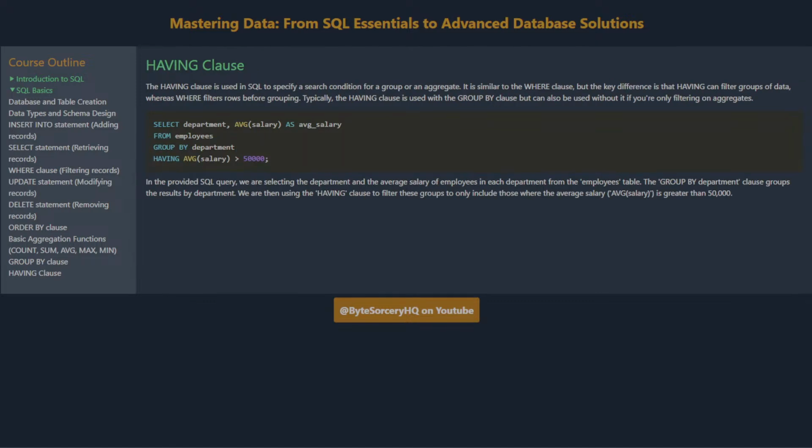Having clause. The having clause is used in SQL to specify a search condition for a group or an aggregate. It is similar to the where clause, but the key difference is that having can filter groups of data, whereas where filters rows before grouping. Typically, the having clause is used with the group by clause, but can also be used without it if you're